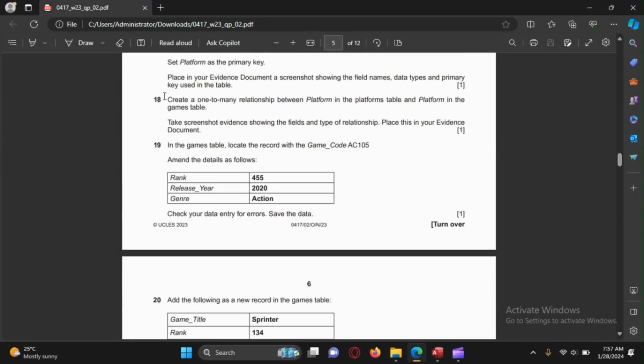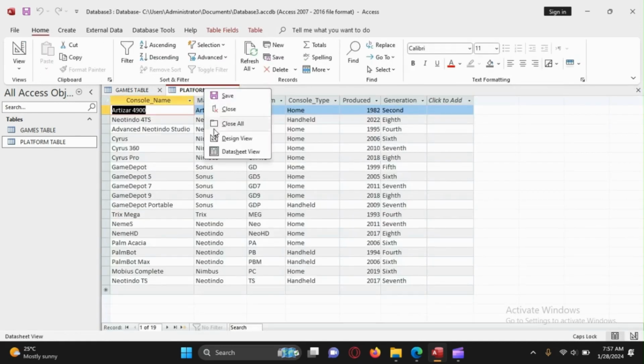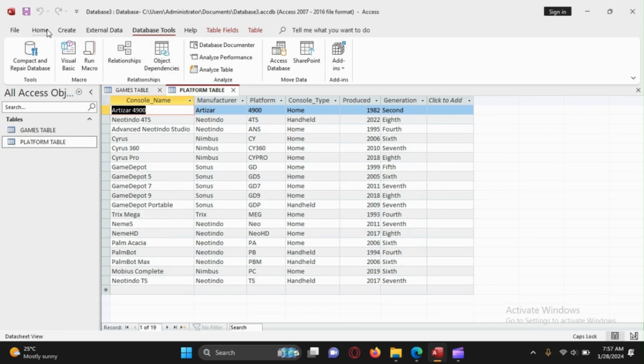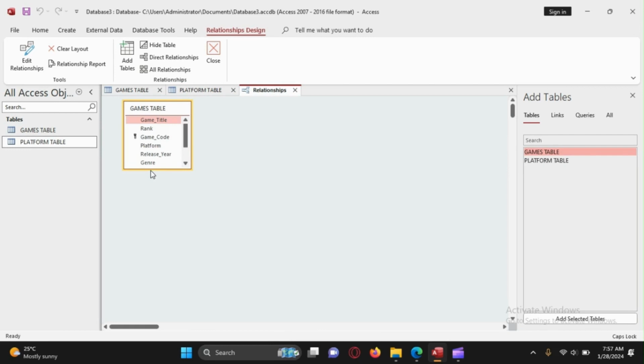Now we'll create a one-to-many relationship between platform in the platforms table and platform in the games table. Question 18. So for this, we can save this and then we can go to datasheet. You right click to go to design view and back to datasheet view. For relationships, it's under database tools: from home, database tools, and you find relationships. This is the one. So now you can either double click on the table over on the right side